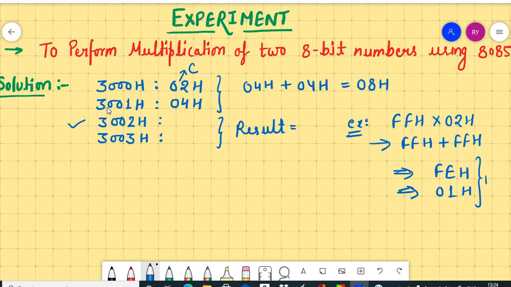So that is the result. That is the 16-bit result, and it will be stored at locations 3002H and 3003H.